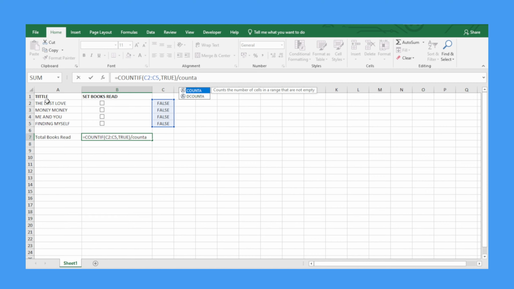Now suppose I have a lot of books here, and then there's a space, and then other books, it is not going to count the space. It is going to count only the cells which are not empty. So here it is advisable to use COUNTA instead of the COUNT function. In brackets, you're going to give the value. So our values are all the way from here to there, and then you're going to close the brackets like that. So it is going to count everything here. Now suppose I hit enter on this,